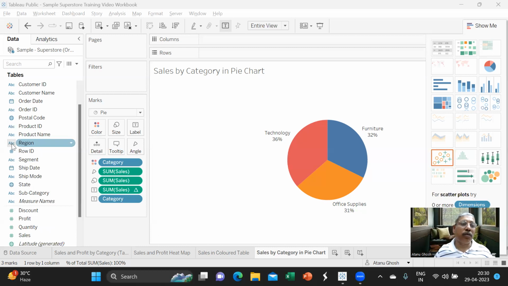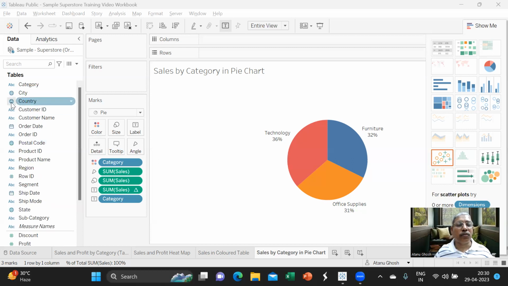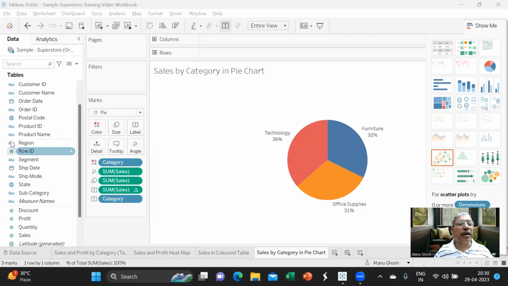I know that because the data type here is not a geographical entity and it's not shown like a globe, whereas in case of region, it is just a string.